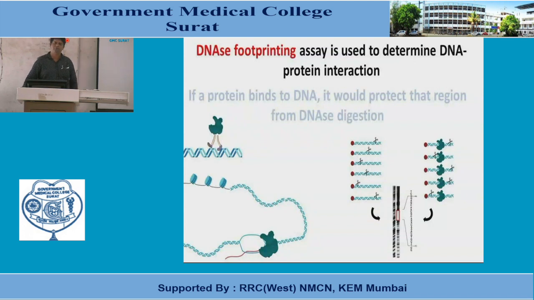So there is no band on the gel electrophoresis. Okay, so at that white portion, the protein is attached. So we can identify that the transcription factor or protein is attached to this part of the DNA, at this sequence of DNA. Okay, so this pattern is helpful to find at which place the protein is attached. Just like a footprint, when we run, we will have a particular footprint. In the same way the protein and transcription factor attach to a particular sequence on the DNA. But we do not know at which sequence. Then we can identify with this pattern where the protein is attached.